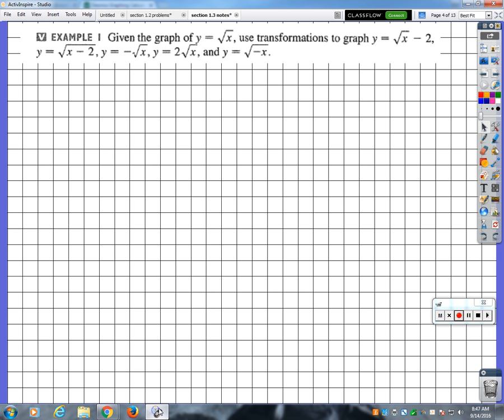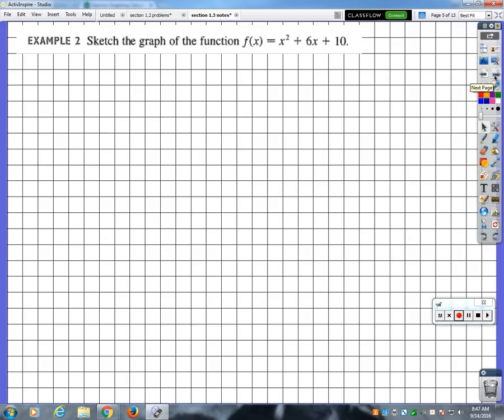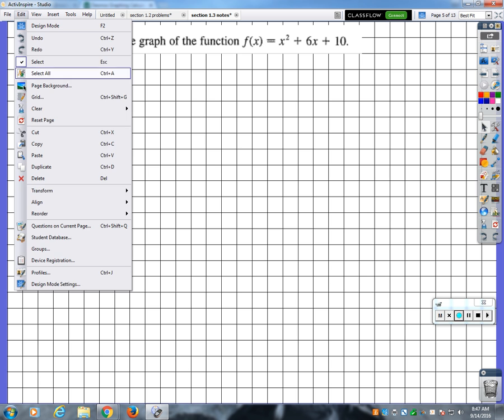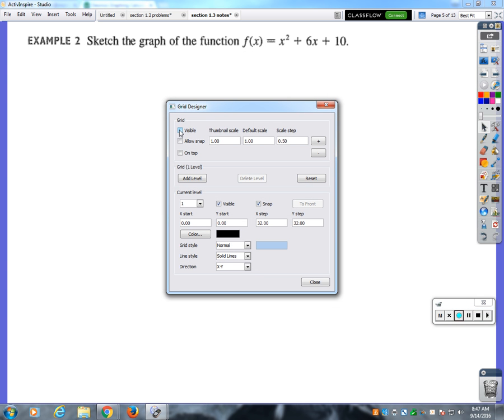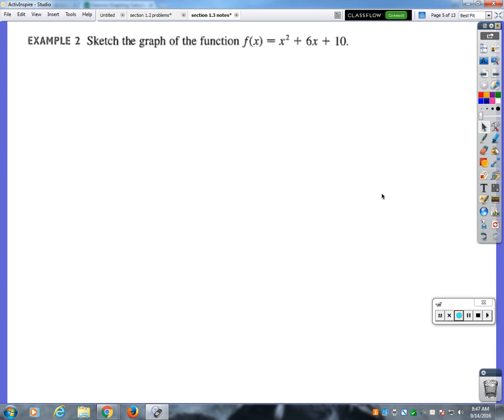Okay, so there are some basic transformations. All right, what about x squared plus 6x plus 10? This is tricky. What we're going to do is go through how to graph this without just plugging in points and without just plugging it into the calculator, just so you can see what this is all about. And it relies on